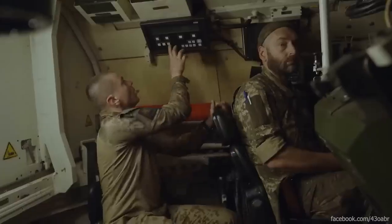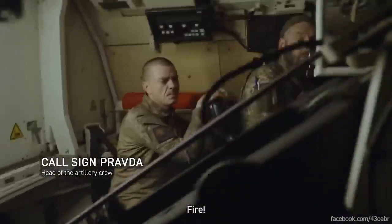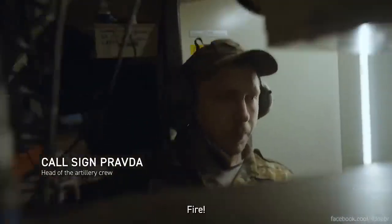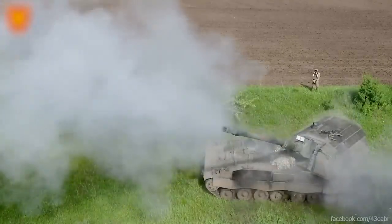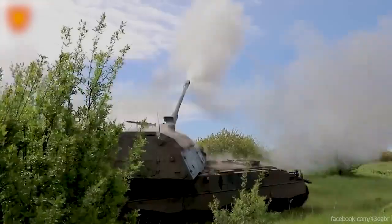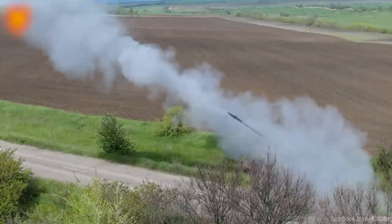The autoloader operates with the precision of a guillotine. The loader's job? Quickly place the propellant charge. Ready, fire, fire, fire. Even though its firing positions are usually 10 to 20 miles from the front line, the PZH 2000